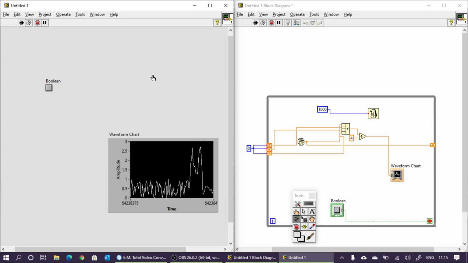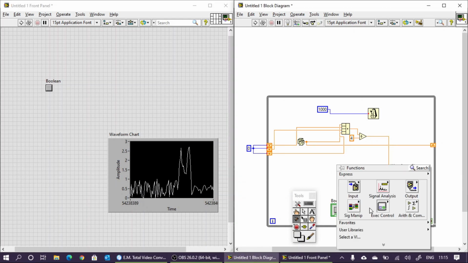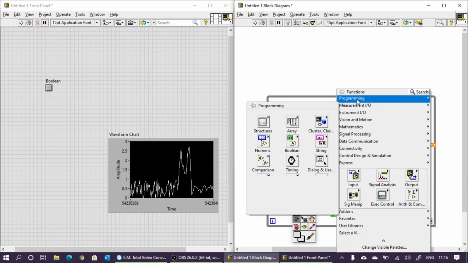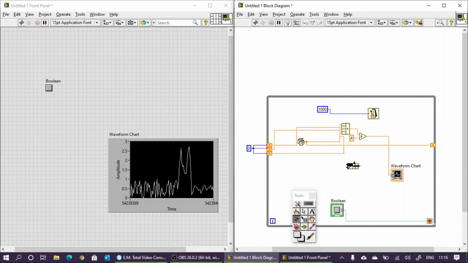Whether it is an average value or the actual value, or what is the difference between the given signal and the filtered signal? For that purpose, we have to display both the actual value, that is the random number, and this average value. So what can we do? First we need to cluster this value and this average value. So click the right button, click this double arrow, go to programming. Here you can see clusters. In cluster you can see a bundle. Select this bundle. Two terminals are there. We are going to cluster these two.